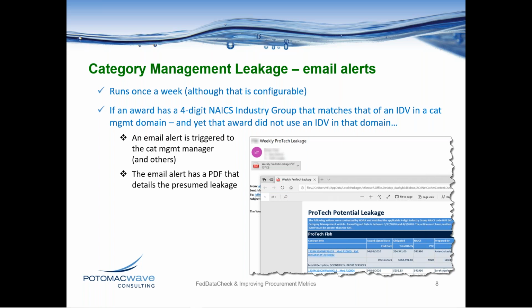You tell us what you want to look for. Do you want to match on the four-digit industry group? The five-digit industry? The full-digit NAICS? If it matches on one of those conditions, say the five-digit NAICS industry lines up with your domain but it didn't use your domain, here's the information on the award and the COs who made it. So why do it manually when you can program a database to do it automatically, easily, and deliver it right to your email box? Everything's hyperlinked.